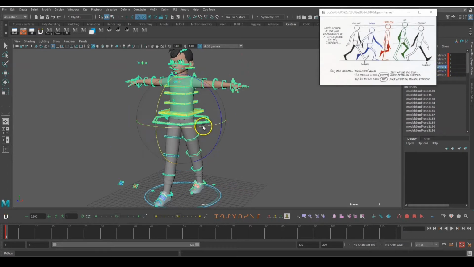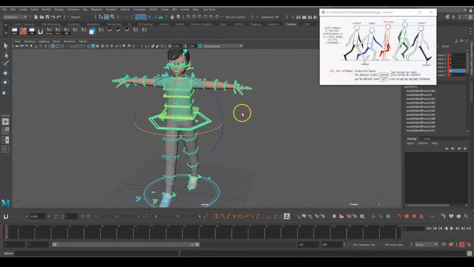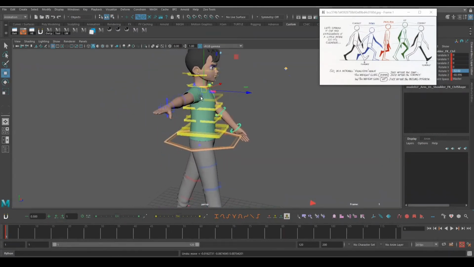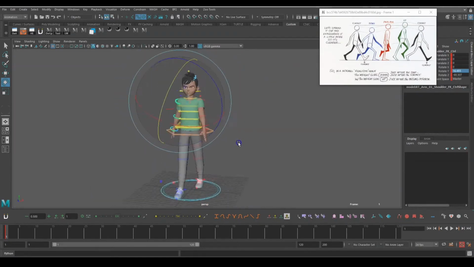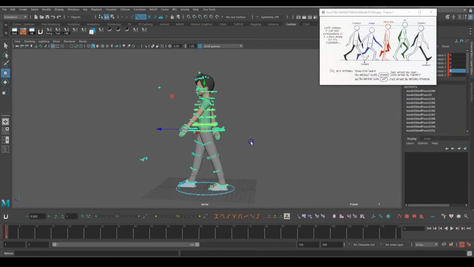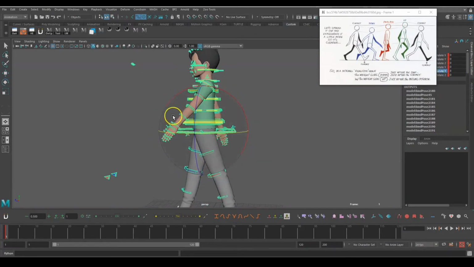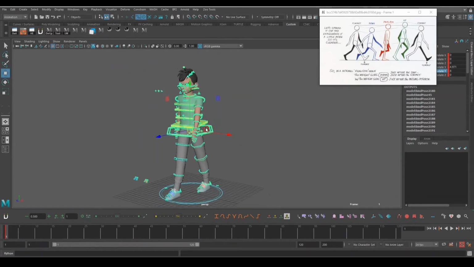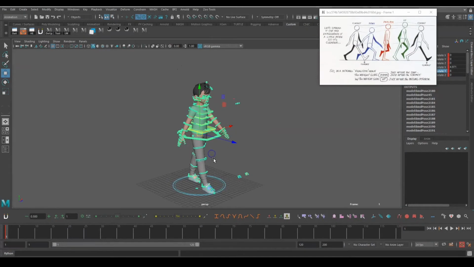Then we will rotate this, then maybe I will take 8. Okay, then I will use the opposite hands. First I will take this down, then go to the back pose, then I will rotate this in the x-axis a little bit. Okay, so here we have a very rough pose.